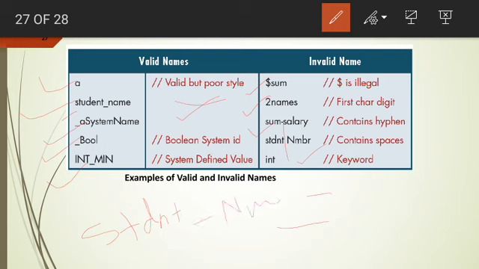If you have to separate a bigger number into smaller parts, you have to use the underscore, not the dash or an empty space. Then int is a special reserved word of the system, so you are not able to use it as an identifier. It is a reserved word, that is, a keyword. You do not have the permission to use it in your own way.